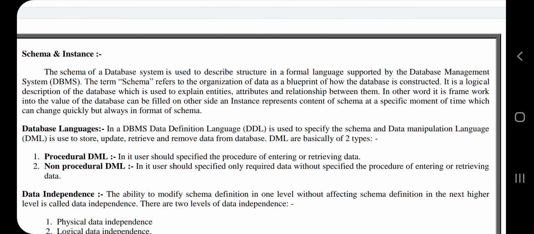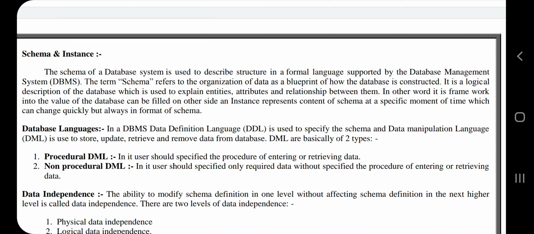Schema and instance. The schema of a database system is used to describe structure in a formal language supported by the database management system, DBMS. The term schema refers to the organization of data as a blueprint of how the database is constructed.